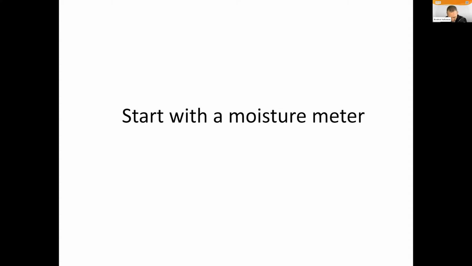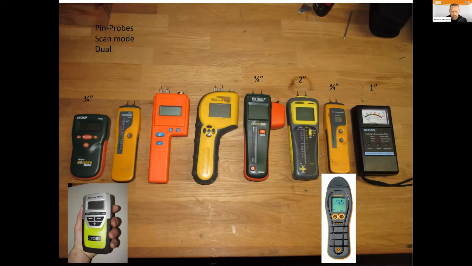And there's two ways that moisture meters work. You've either got pin probes. A bunch of these moisture meters have pin probes, and that's where you stick the probes into a material that you're testing. Most of them give you a wood moisture equivalent rating, where you poke the probes into something and they say, assuming you're putting this into wood, it's going to have this level of saturation. The really fancy ones are going to ask you which type of wood you're going to put it into,